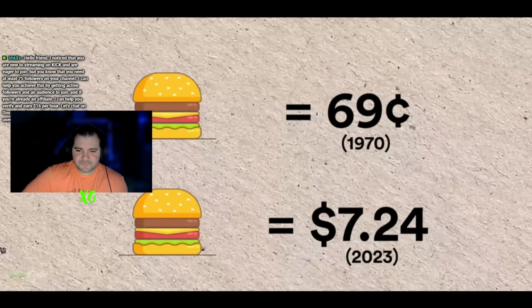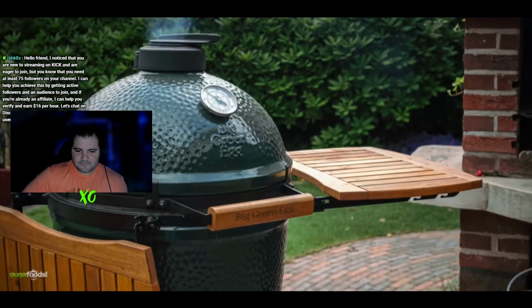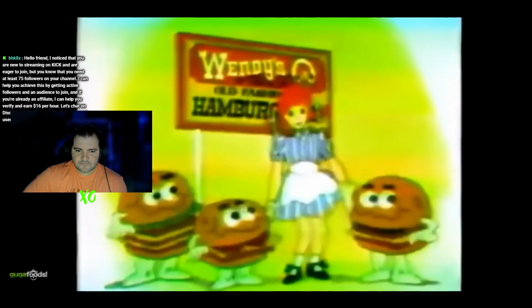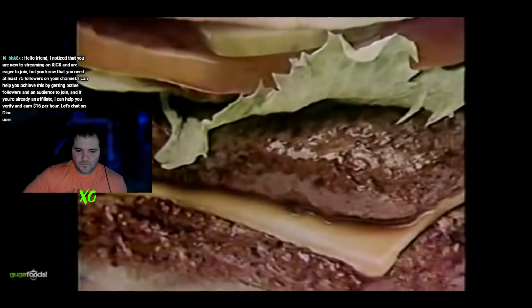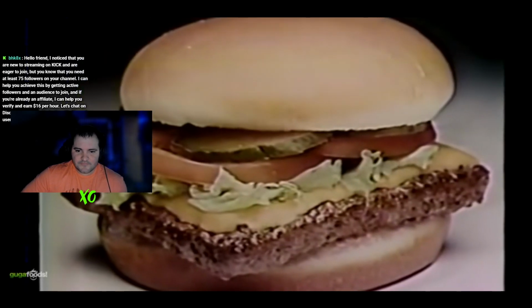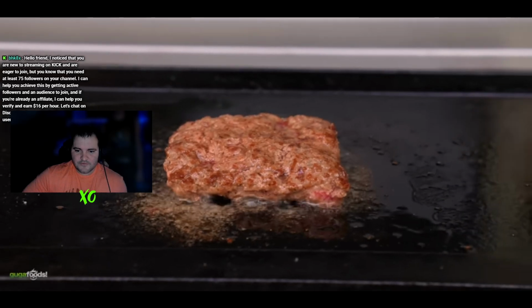Wow. Ooh, groovy. In the 1970s, the burger cost about 69 cents, and the newly invented grill at that time was the Big Green Egg. Another historical burger chain was created, Wendy's, and they shocked the world with unique square patties. They really wanted to stand out from the rest. That's one of the reasons they kept saying fresh, never